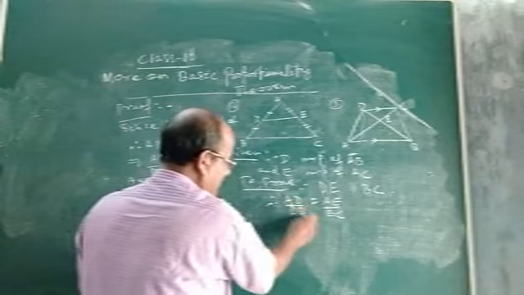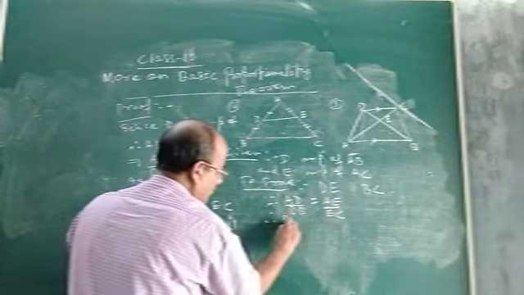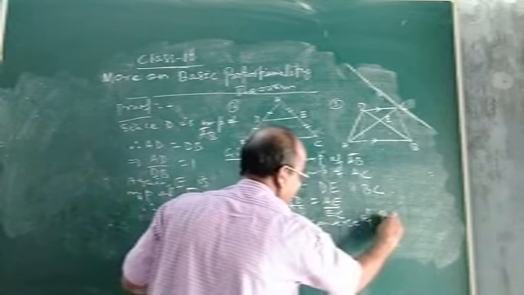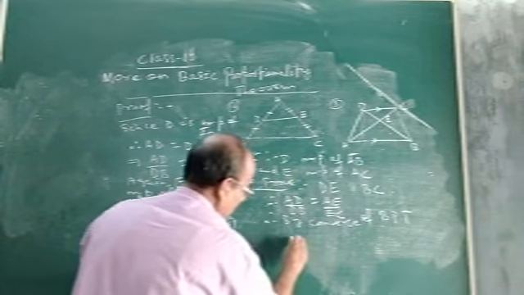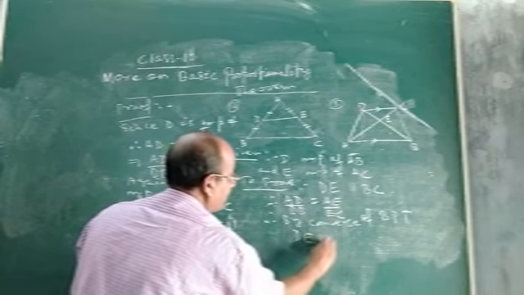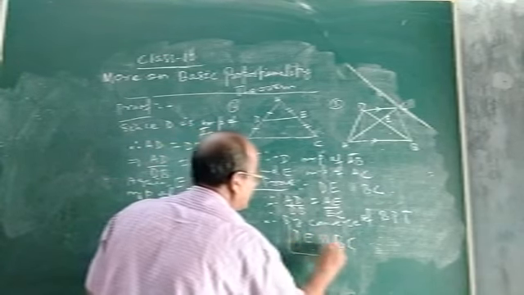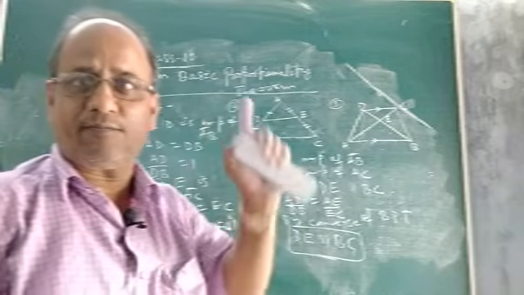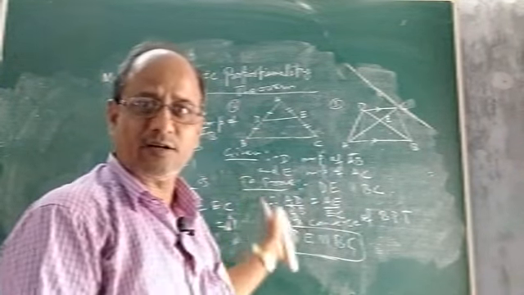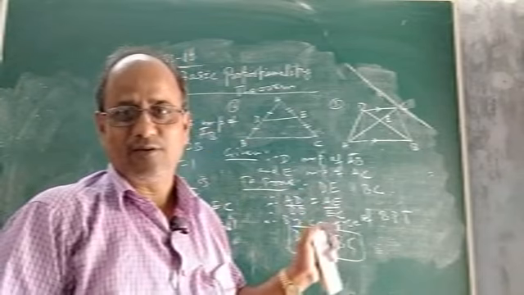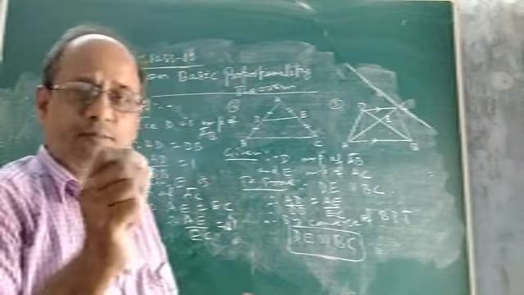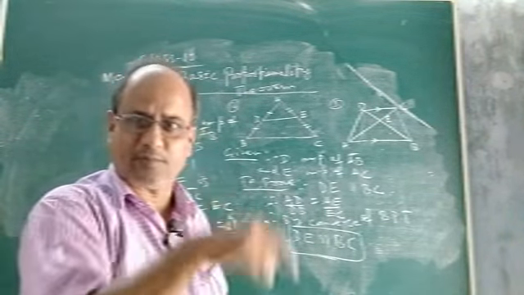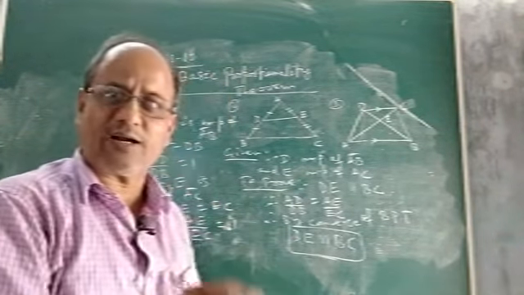So that you write down, since this equals this, therefore by converse of BPT or Thales theorem, DE will be parallel to BC. See, children, that means we are able to prove one part of the midpoint theorem using the concept of Thales theorem or BPT. So what does the midpoint theorem say? The midpoint theorem says that if we join the midpoints of any two sides of a triangle, it will always be parallel to the third side and half of it.